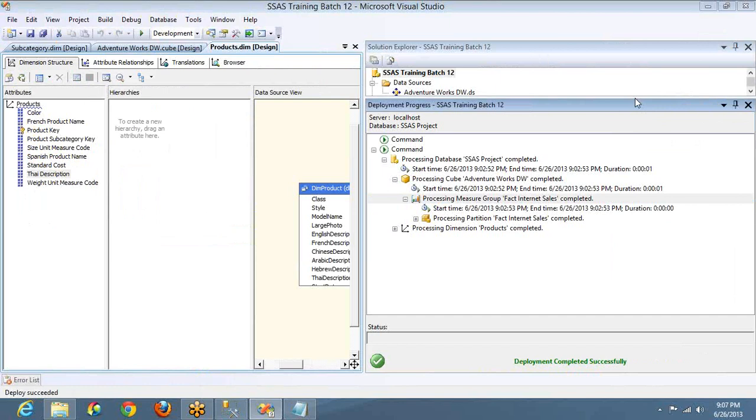Okay. So you are halfway through the SSAS session, right? So finish the assignment and send the backup files. I want backup files. I don't want the complete solution. Deploy it, process it, go to SQL Server Management Studio, take the backup and send the backup file to me. I'll restore and I'll check the same.